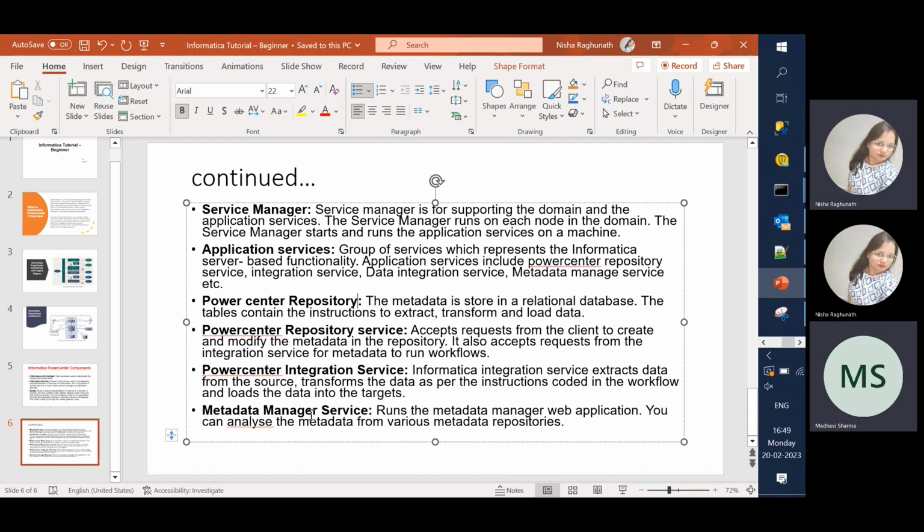Now the metadata manager service. To analyze the metadata, we run some sort of queries, and those queries are taken care of by this metadata manager service. For example, I want to know how many mappings are there in a particular folder. I cannot sit and count thousands of mappings, right? So I will go to the administration team and ask them, could you please provide, for so and so folder, how many mappings are there, how many sources, how many targets,